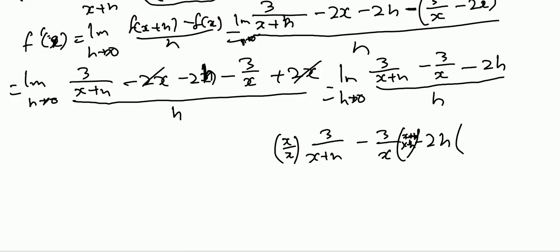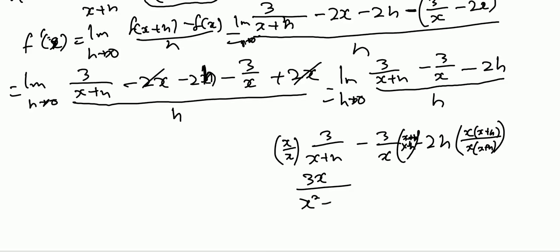Then here x into x plus h over x into x plus h. Then we are going to have what? 3x over x squared plus xh minus 3x plus 3h over x squared plus xh minus, what is